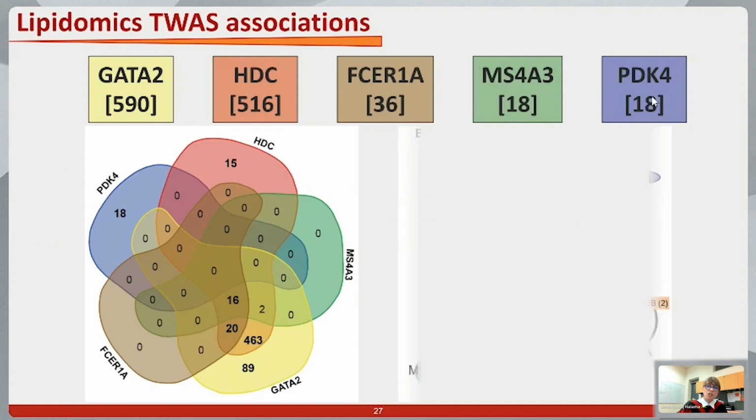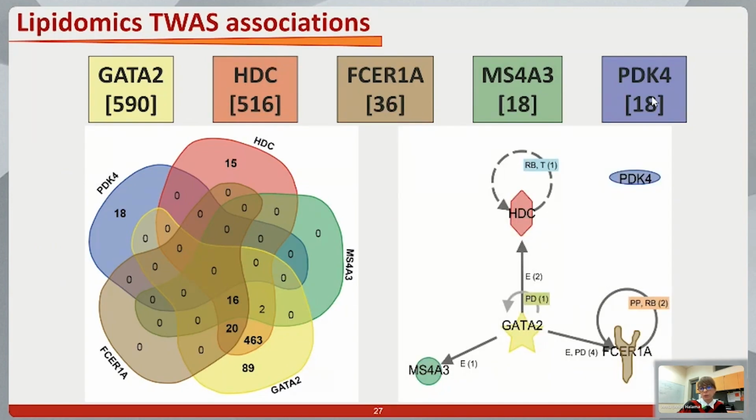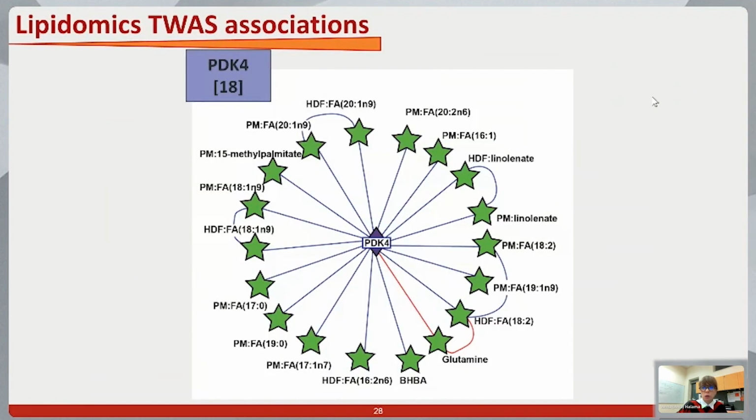So we further checked it using Ingenuity Pathway Analysis, and indeed we found that GATA is interplaying with 3 out of those 4, but PDK is not interplaying with those molecules. So we took a closer look at those processes, and we found that PDK4, which is pyruvate dehydrogenase kinase, is a very important molecule, especially when we are talking about a switch between fatty acid oxidation and